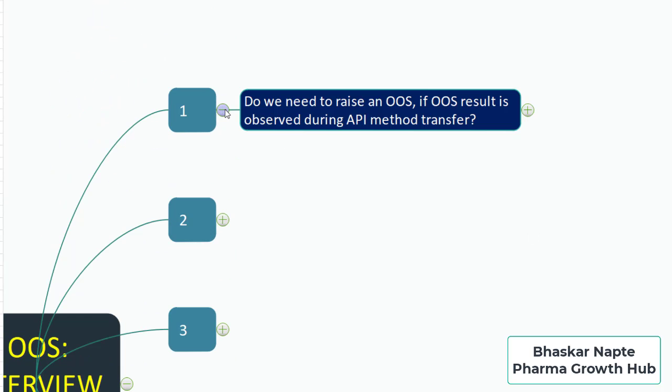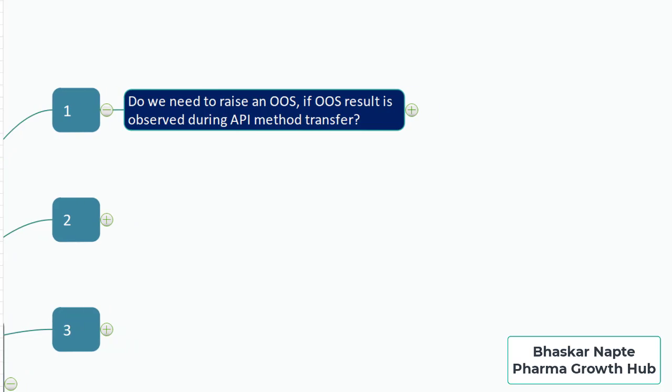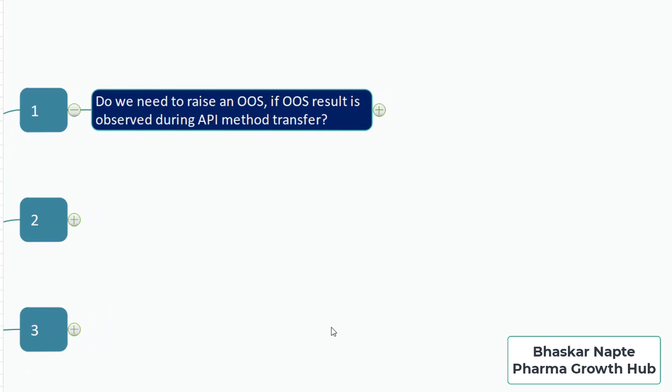Yes, and this is the first question I often get during my live webinars, and it is on the screen. Do we need to raise an OOS if an OOS result is observed during API method transfer? Right? So if an OOS result is observed during API method transfer, you are transferring a method for a drug substance and you come across the out of specification result. Now, this question has to be answered